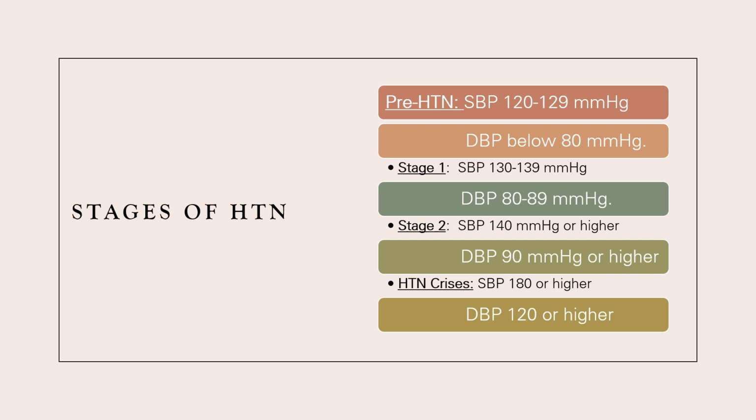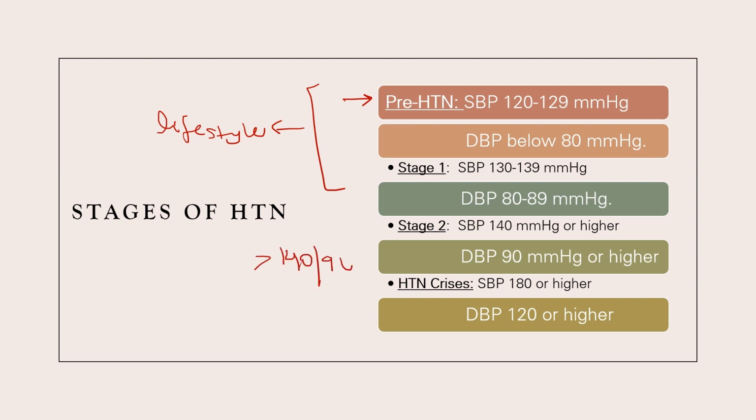We generally classify hypertension into three stages. The first is the pre-hypertensive stage, in which the person is not labeled as hypertensive, but he is prone to develop it. The range for systolic blood pressure is 120 to 129, and diastolic is below 80 mm of mercury. Stage 1 starts from 130 to 139 mm of mercury, and diastolic blood pressure is 80 to 89 mm of mercury. These two stages are managed by lifestyle modifications,